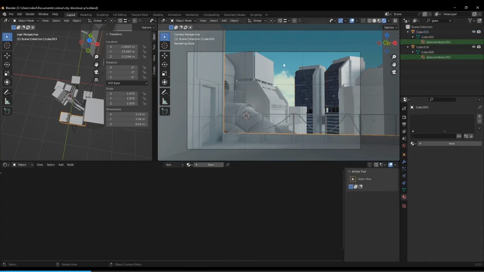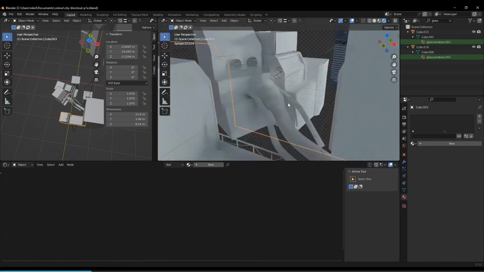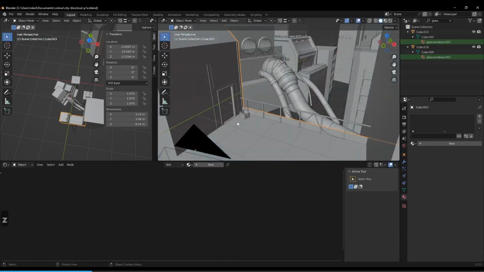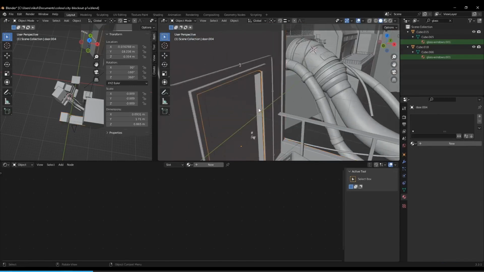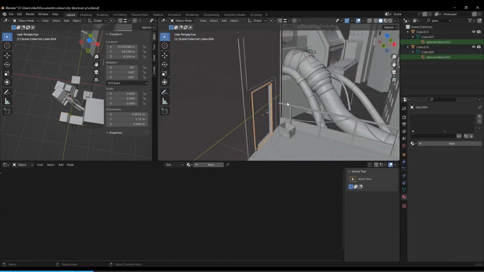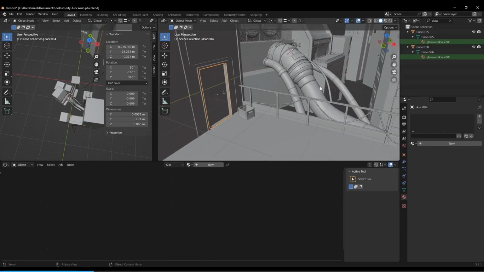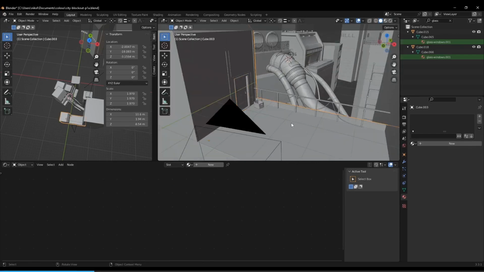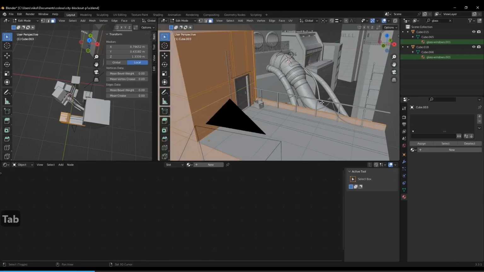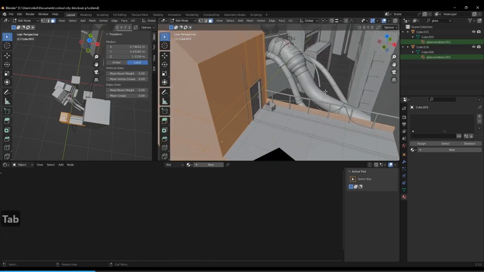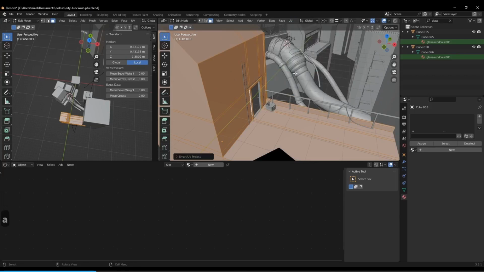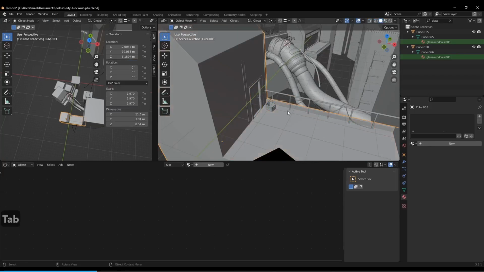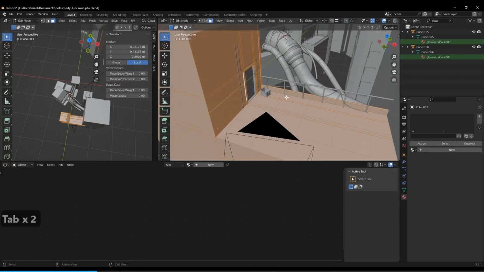So let's start with the foreground. Basically, I'm planning for it to be three materials: the floor, the rest of the building, and then the door frame. I separated the door just so I could swap those doors with this one. So let's start with the floor. Let's select, in edit mode, select everything actually, and then do a UV Smart UV project. Most of these models are just extruded cubes, so we should be able to get away with just the auto unwrap. And then select the floor faces,